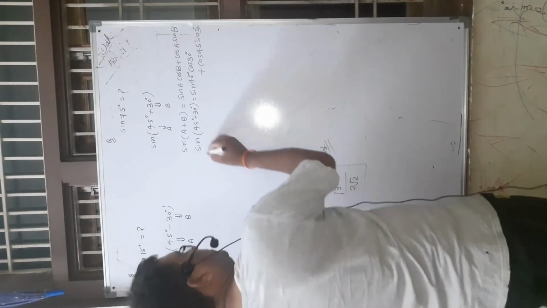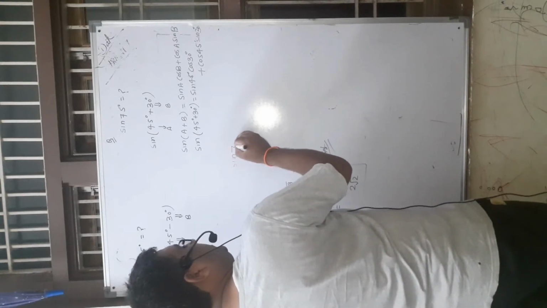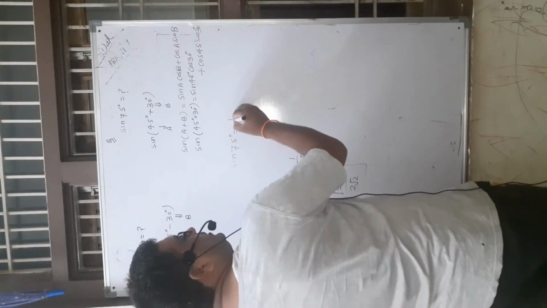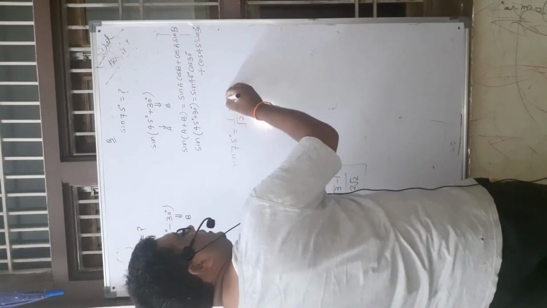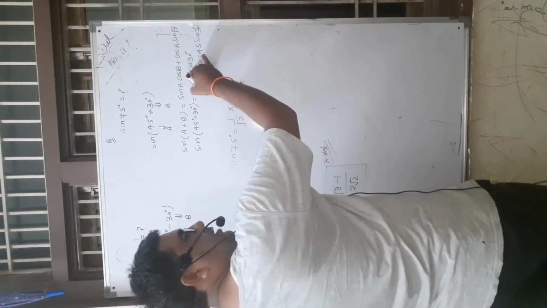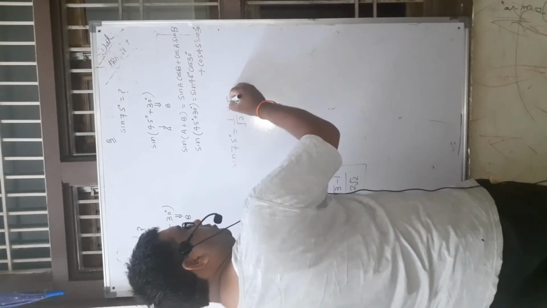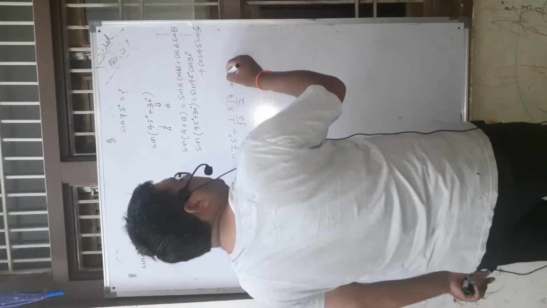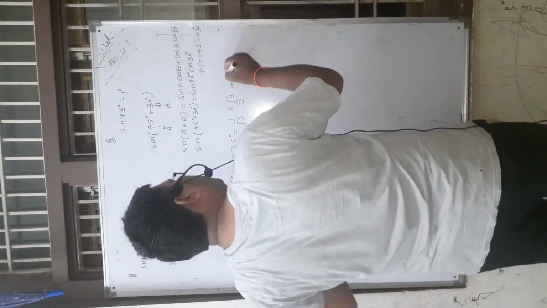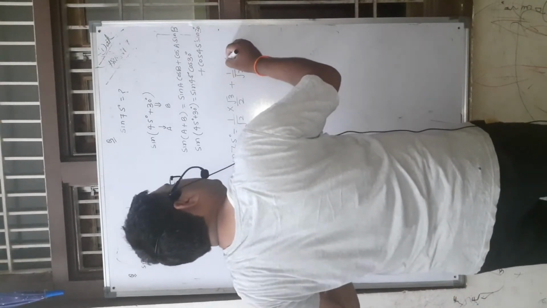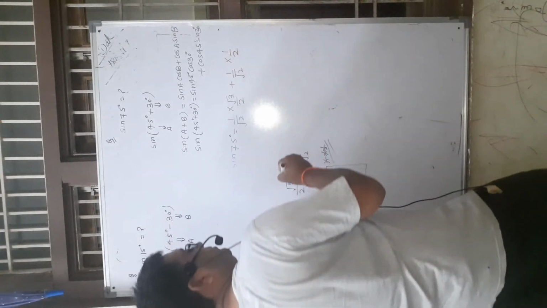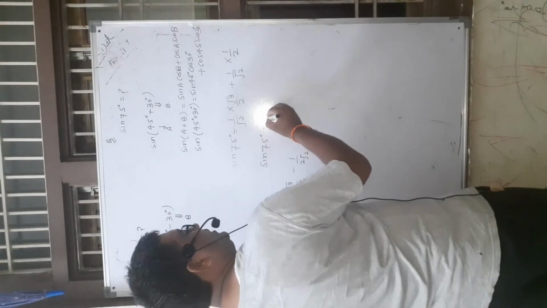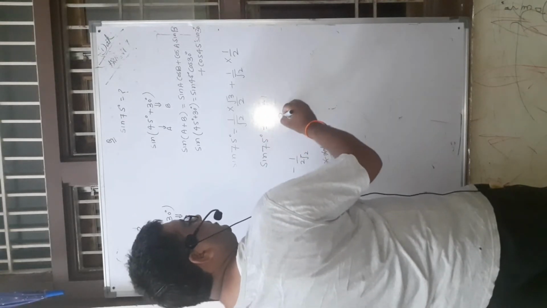Okay. So this is equal to sine 75 degree. Sine 75 degree equals, as you know, sine 45 degree is equal to 1 by root 2. Cos 30 degree is equal to, cos smaller the angle, larger the value, as you know, cos 30 degree equal to root 3 by 2, plus cos 45 degree equal to 1 by root 2 and sine 30 equal to 1 by 2. So sine 75 degree is equal to root 3 plus 1 divided by 2 root 2.